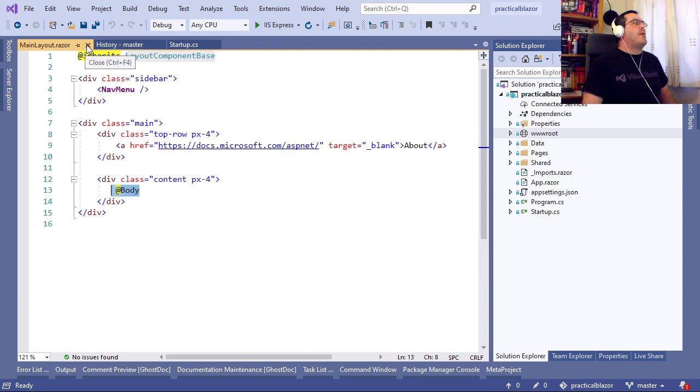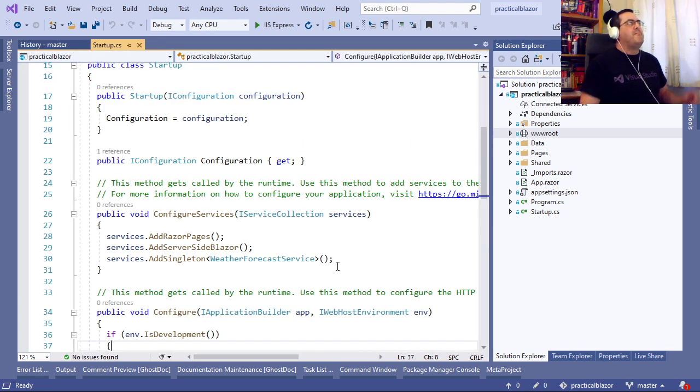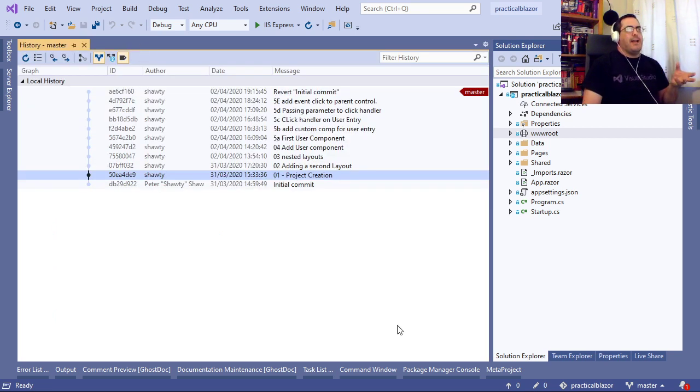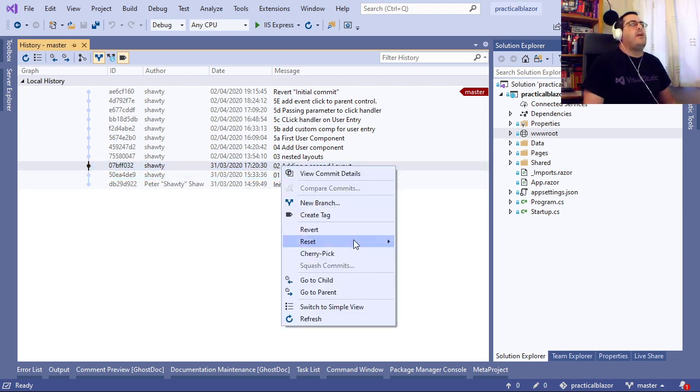As I mentioned just a moment ago, the main thing about Blazor is it's a composable UI. So you have your layouts, and the idea is that you break everything down into chunks. Now, you might not always want to have every page using the same layout. So if we reset to here,